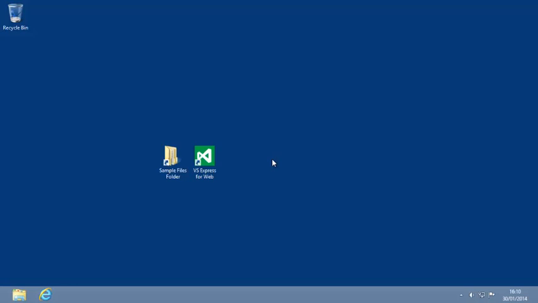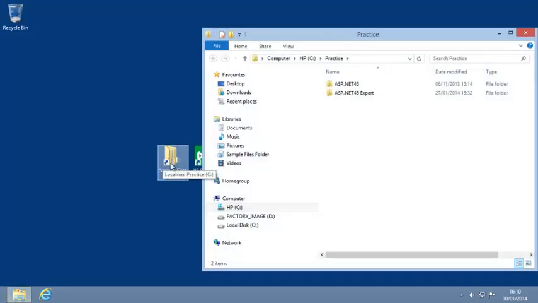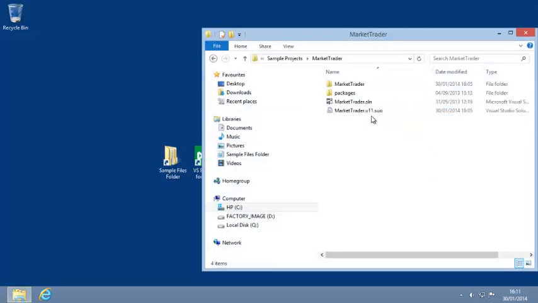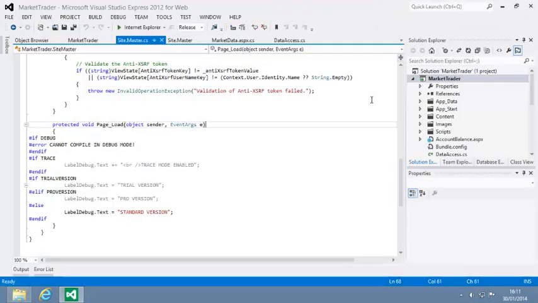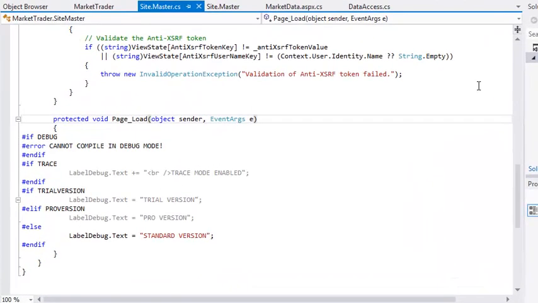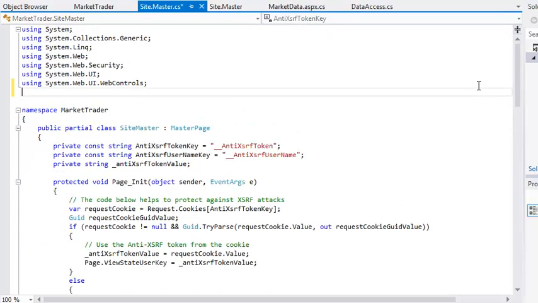To begin this lesson, open the Market Trader project from your Sample Files folder. And open the code behind file of site.master if it isn't open already. Now add a using line to the top of the page with the code using System.Diagnostics. This will make it easier to access the System.Diagnostics.Debug class. Now remove all code from the page load event handler